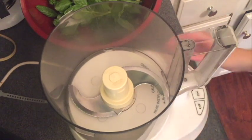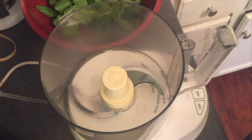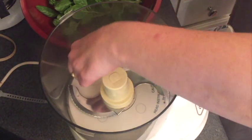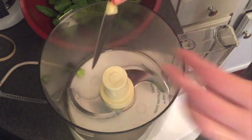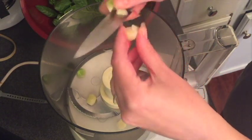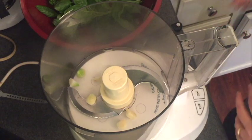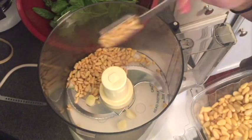Okay, we have our food processor going. Our garlic has been blanched. And if you want, I think I do, I'm just going to roughly chop it. Not even, it's just like a rough, kind of break it down a little bit. So to the garlic, I'm adding 6 tablespoons